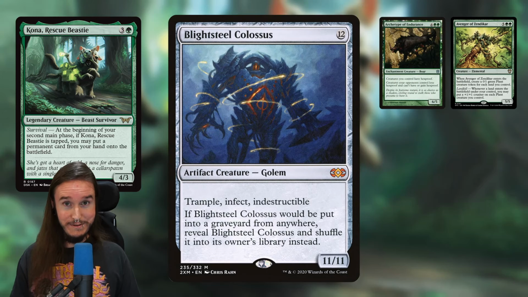Blightsteel Colossus is in my deck. Watch out. 12 mana for an 11/11 golem. Trample, Infect, Indestructible. If Blightsteel Colossus would be put into your graveyard from anywhere, reveal it, then shuffle it into your library. That's just pretty good if it dies, but either way, just being able to drop an 11/11 Trample,